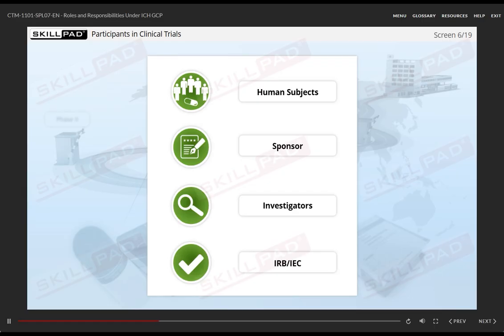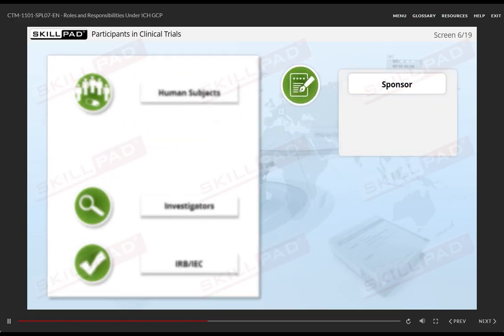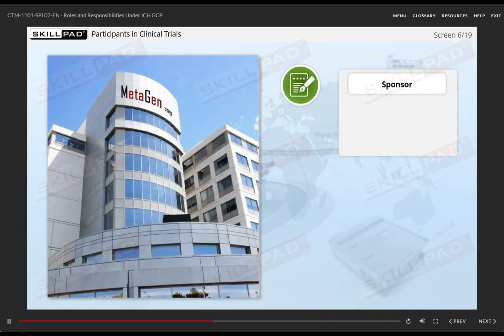Although everyone involved in a clinical trial must comply with GCP, the ICH GCP guidelines emphasize the role of these specific groups in protecting the rights, welfare, and safety of trial subjects, and ensuring that high-quality data is obtained from a clinical trial. The sponsor is usually a pharmaceutical or biotechnology company, although it can also be a government-funded body, private healthcare organization, or an individual.